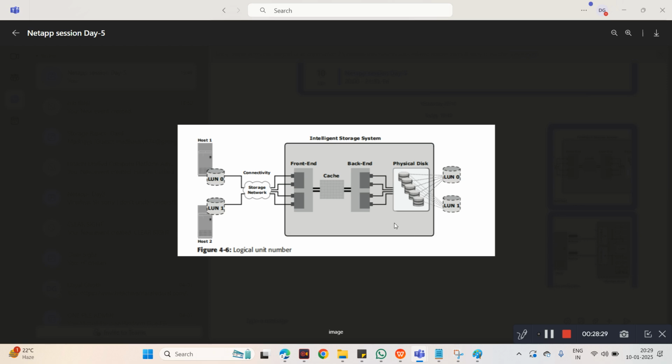So here you are basically aggregating the space of physical disks. You create aggregates, then you partition and create volumes, and on top of volumes you create LUNs and allocate them to servers. After you do the allocation, you have to tell your